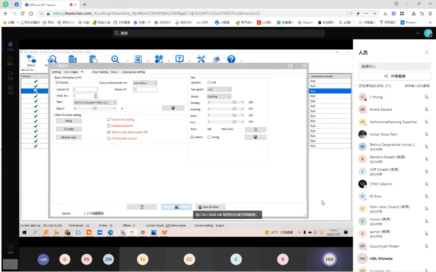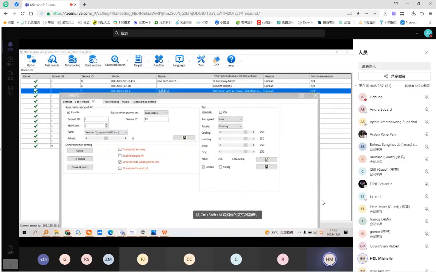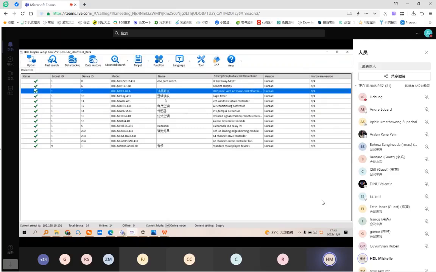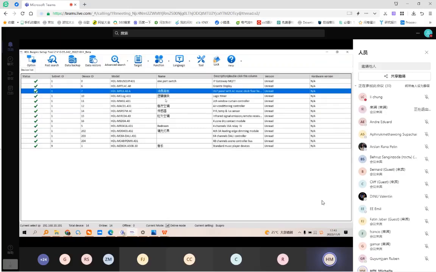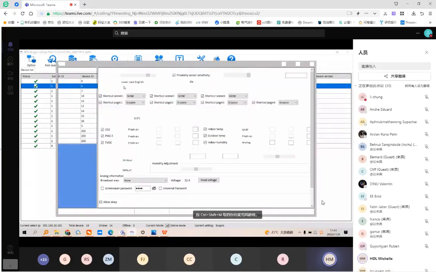And as the HVAC module can only control one AC, the number should always be number 1. So that's how to do it. Press save. Then you can use your DLP to control the HVAC. And you can also use the Granite display to control the AC. But